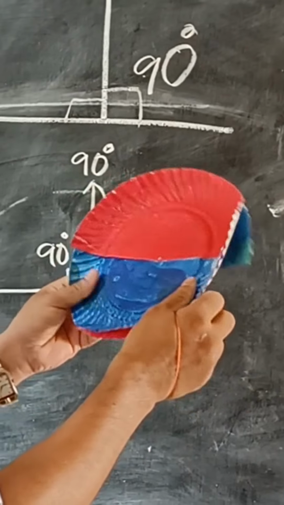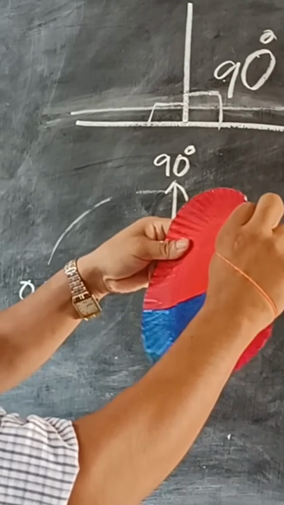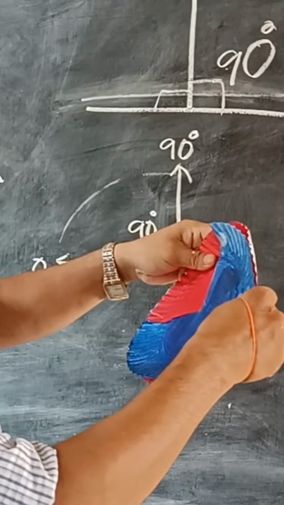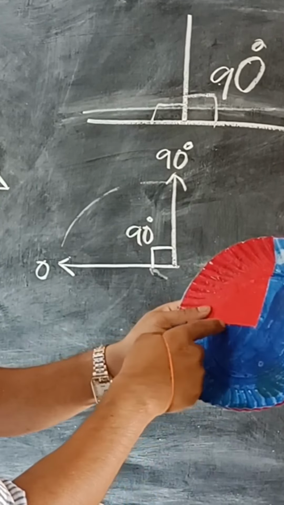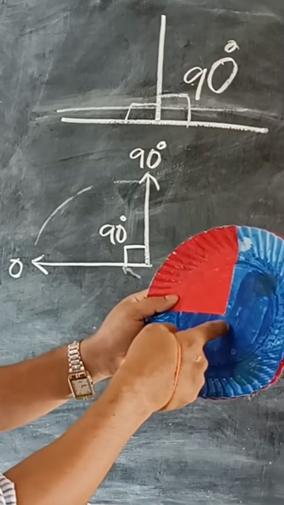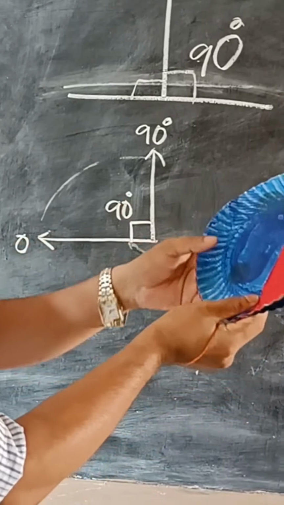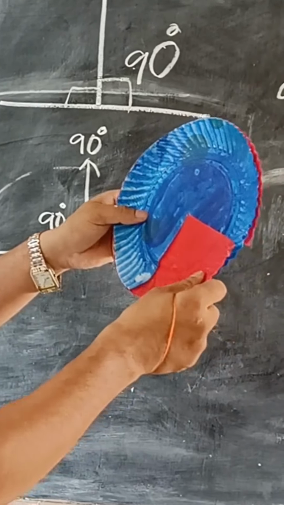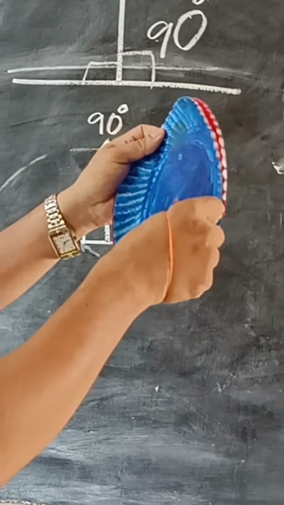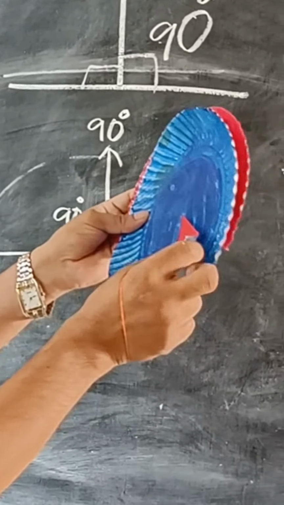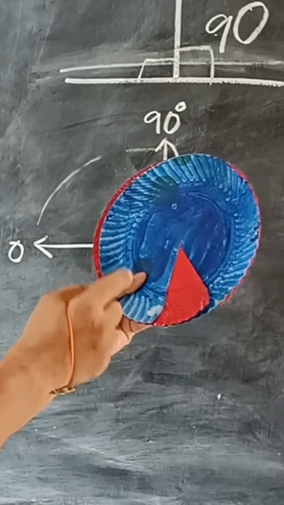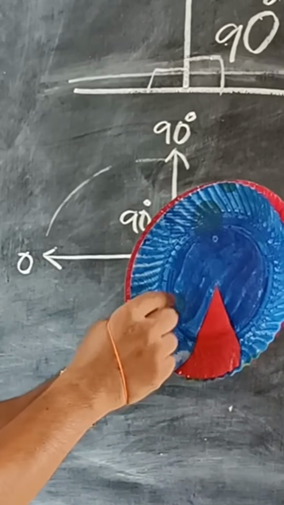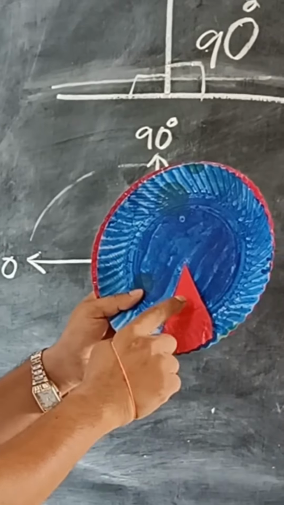Once again, when we make it half of diameter, it is the radius. This one radius, this one also radius. And this red part is known as sector of a circle. No problem, you can make it a little shorter, even then it is a sector. Sector, you can just think like a cake, a piece of cake is the sector.